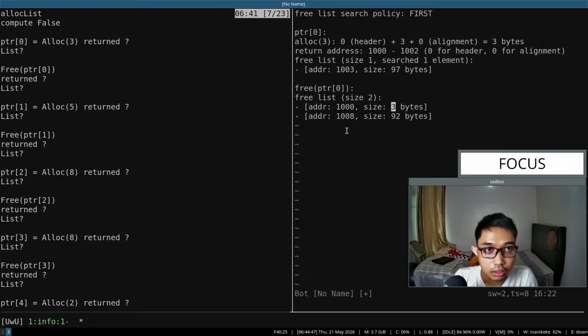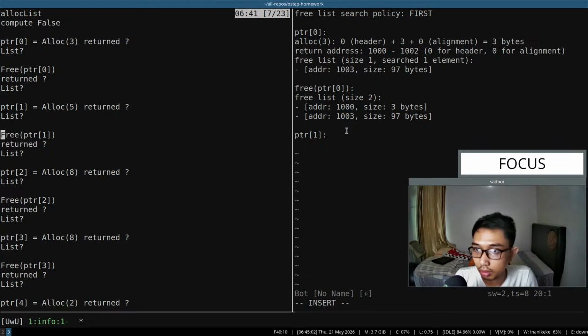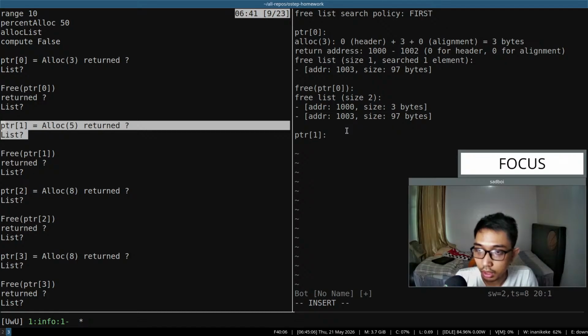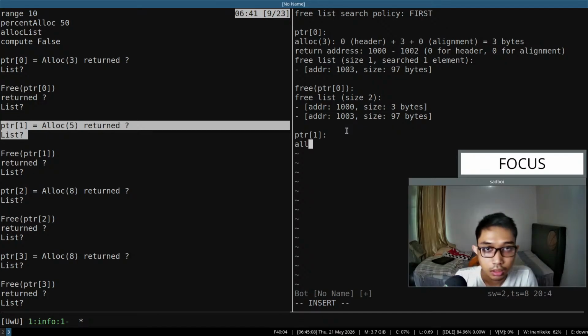This one is 3 bytes. Okay, something like this. Okay, 97. Alright, PTR1. This one, malloc 5. Okay,